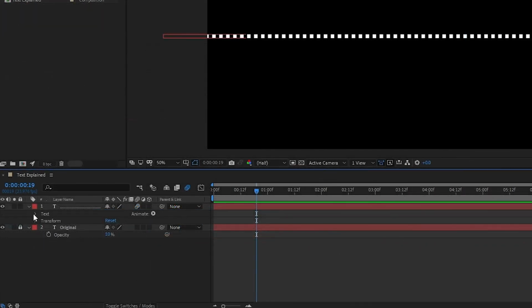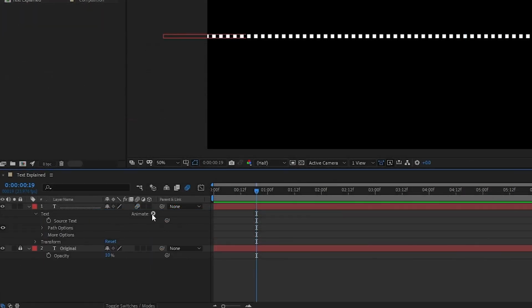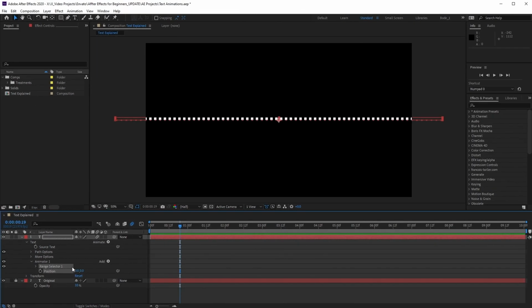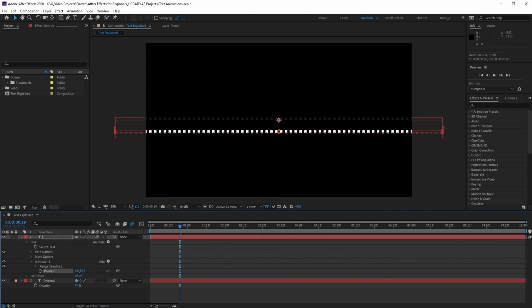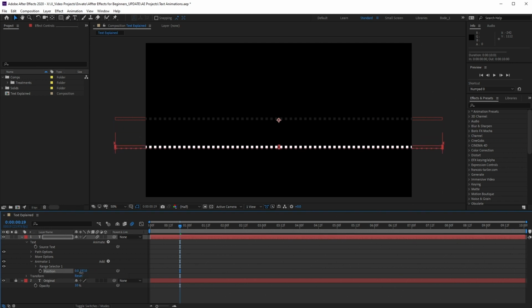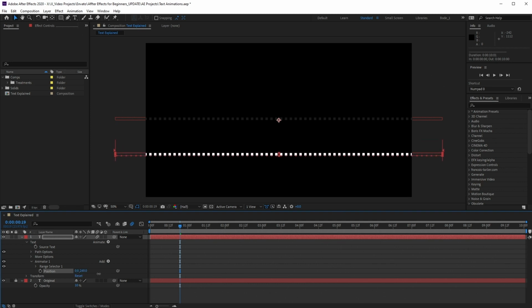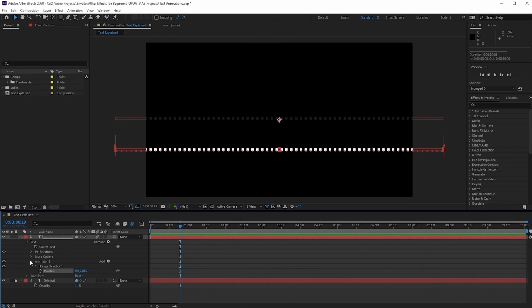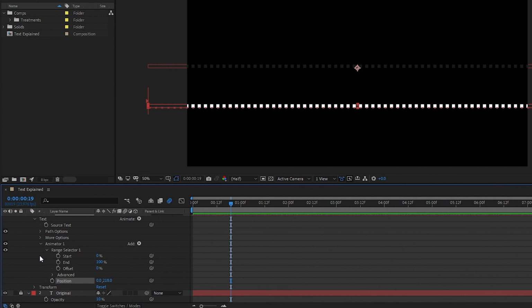So if you twirl down in your text layer, you're going to see this animate. And if you click it, there'll be a flyout, and we can animate a bunch of things here. But to start, I'm going to do something really simple. Let's just look at animating the position. When you select that, nothing happens, but we can set a position for this, and I'm just going to push the text down. And if we were just to keyframe animate this, it's basically no different than just animating the position under the transform properties here. But using the text animator gives us some more options, because if we click under range selector,